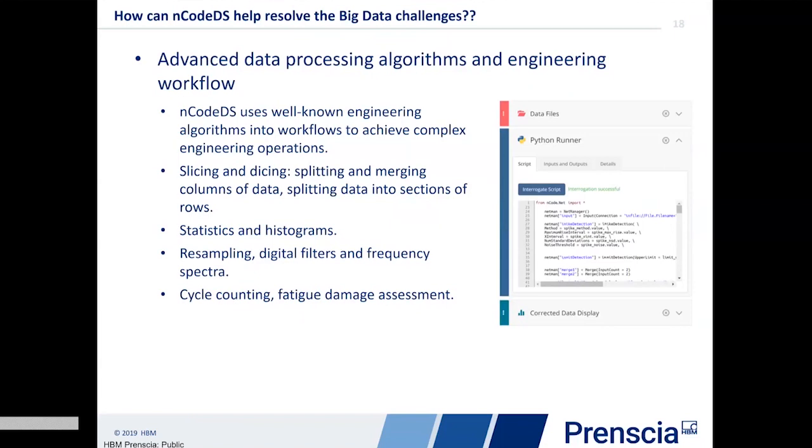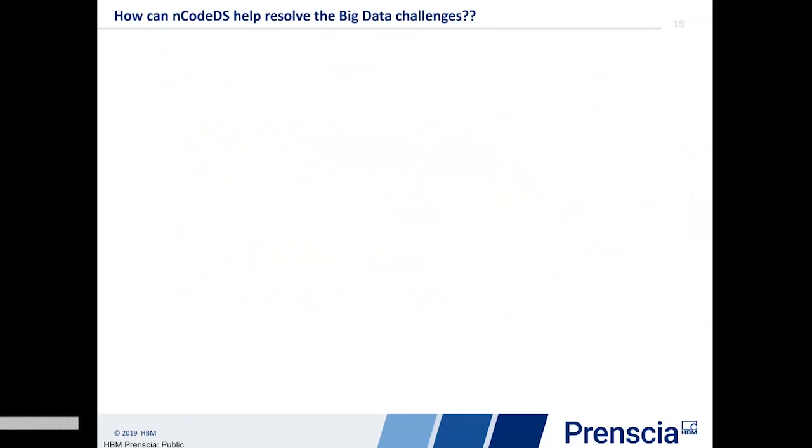So that's an example Python runner that runs in the backstage of an app. So the third challenge that nCodeDS addresses, or Akira actually also addresses, is that it's simple to use by engineers, because it's not enough to have the ability to process time series data with engineering algorithms.